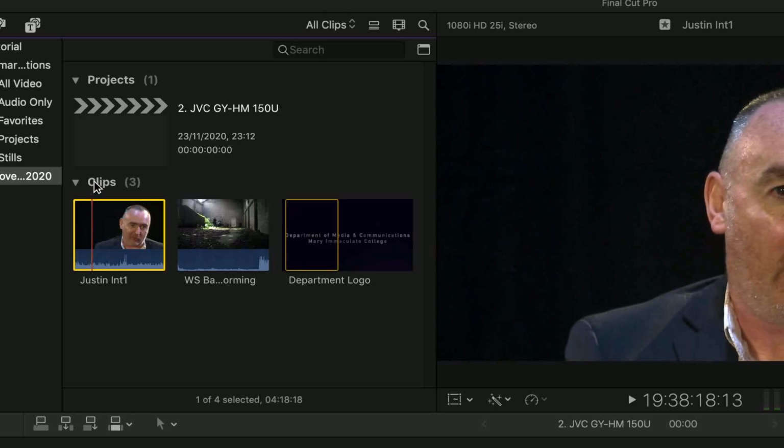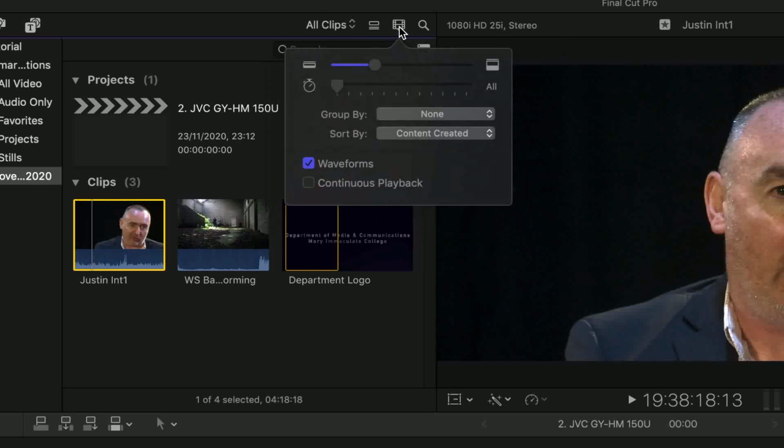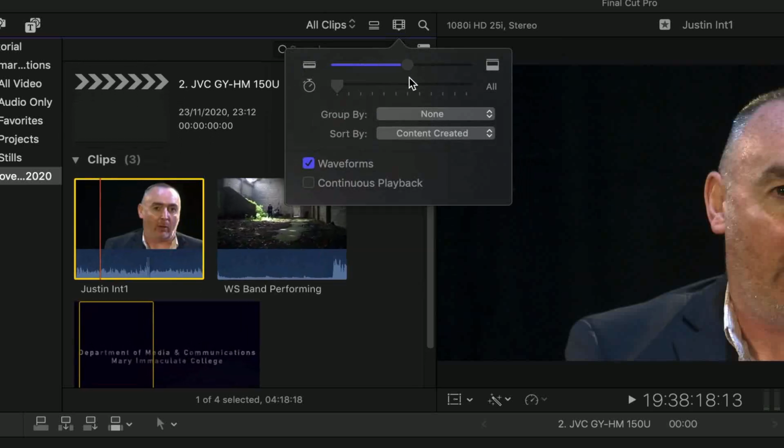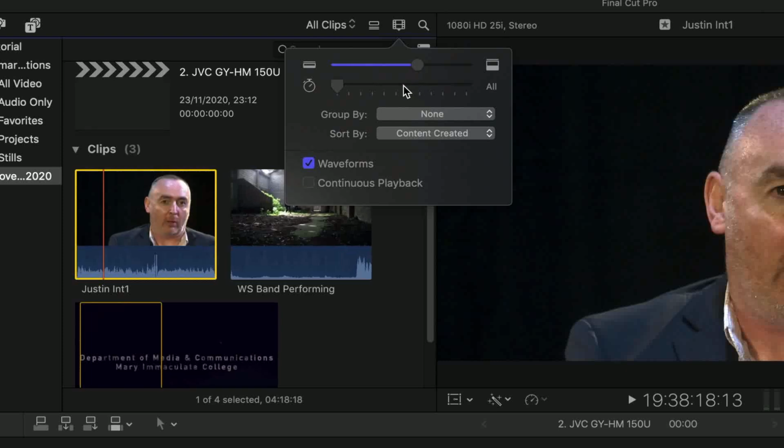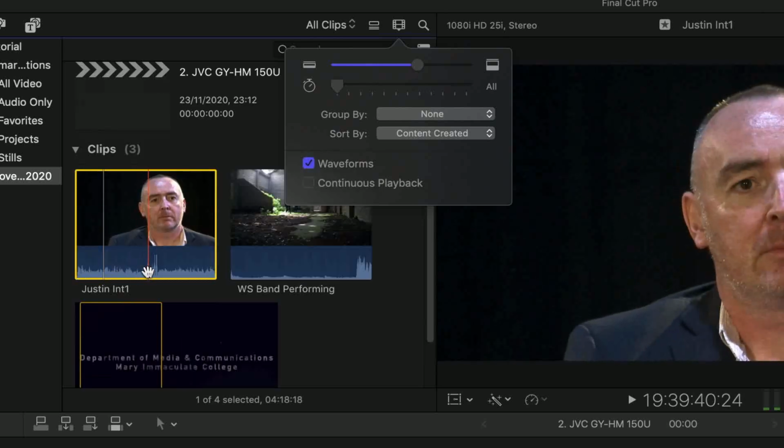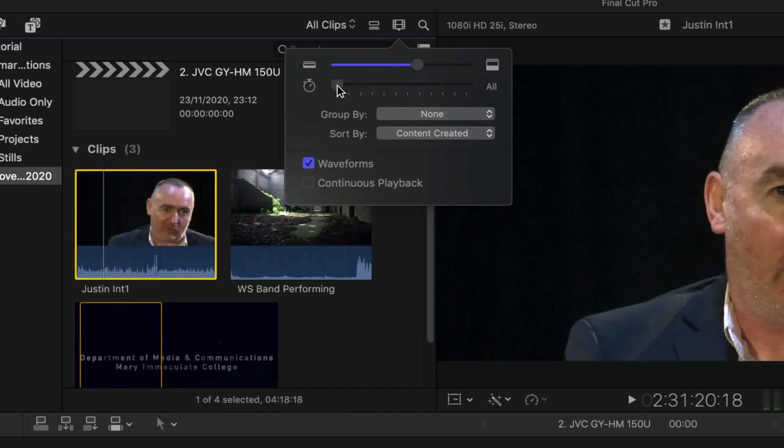If we go up to the top of the screen here, you will see 3 little icons beside the All Clips folder. So these are different ways of displaying your film strip. If we start with the little movie icon here, the clip appearance and filtering menu, when I click on this, I get a drop-down menu, and you can see I can adjust the size of the clips within my media browser. You can also choose to view them with or without waveforms, which are basically the audio section down here. And I can also go to the little clock tool here, and by moving this along,